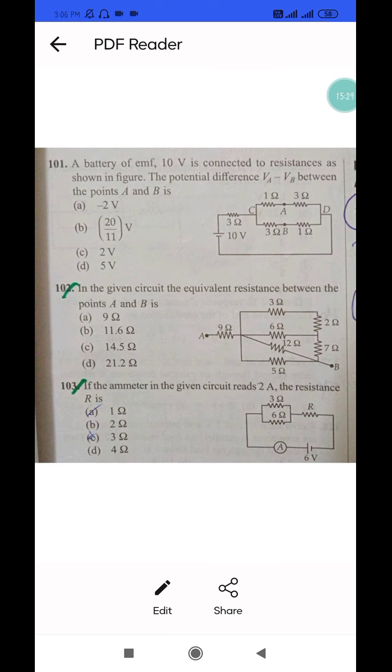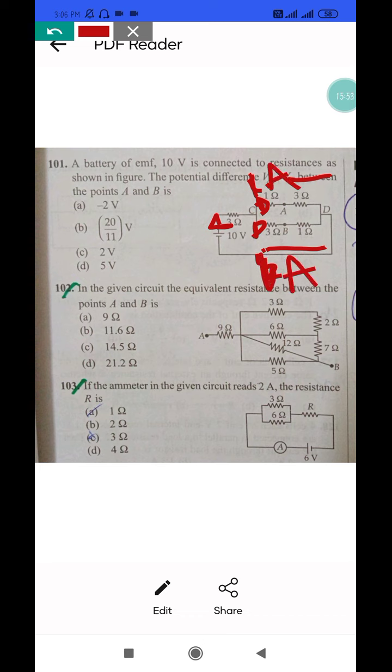Right. Once you know the current which is coming here, it is going to divide because of the two connections which are connected in parallel. Let's say I1 current is flowing here and I2 current is flowing here. Since resistance is the same, current will be divided equally. So the total current is 2, and if you divide equally, you have 1 ampere in the upper part, and in the lower part we have another 1 ampere flowing in the below part.